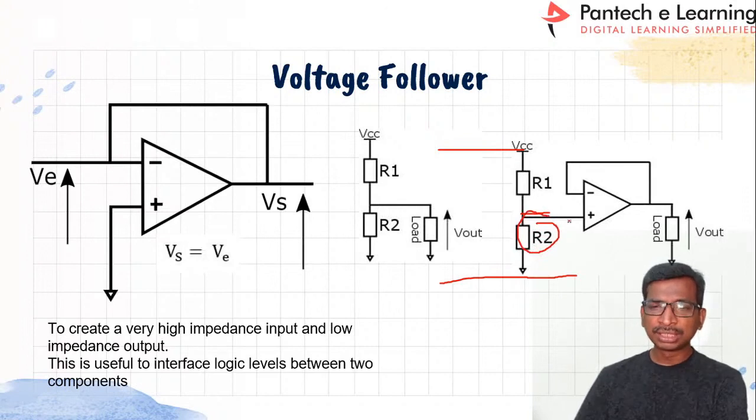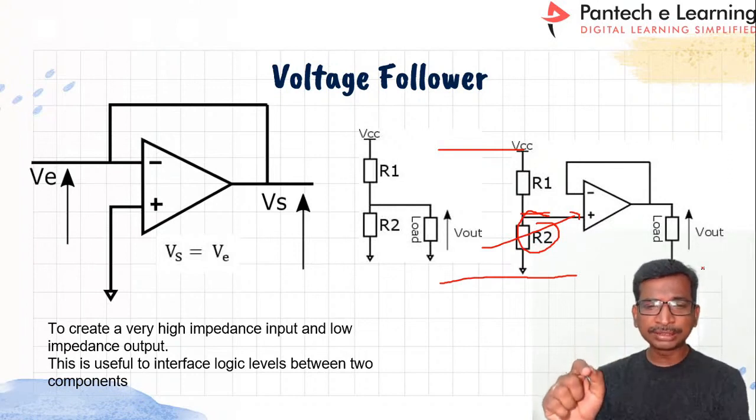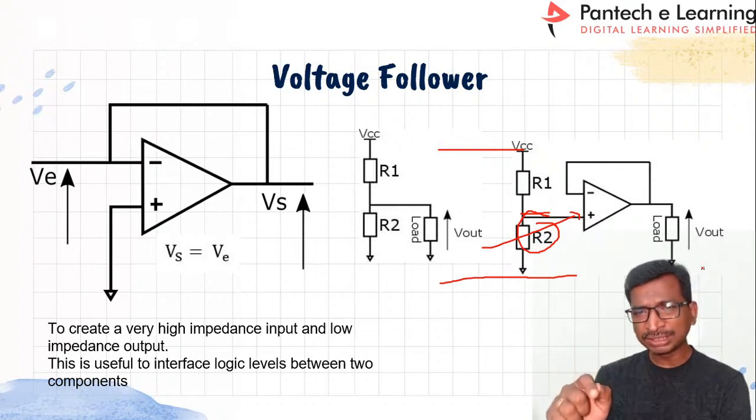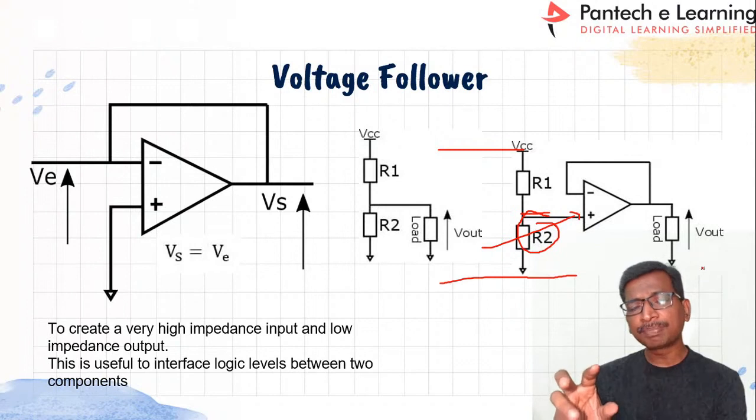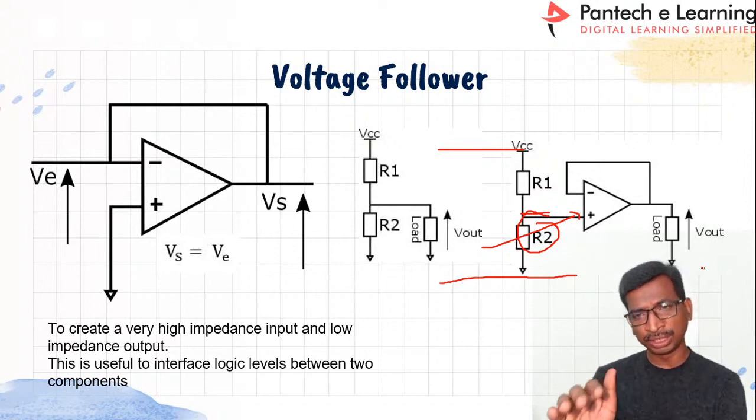So this voltage you have to measure with the help of a voltage follower. Whatever voltage you feed to this op amp, you get the same voltage at the output. The advantage is the gain will be infinity gain. So in that case there will not be any oscillating voltages.